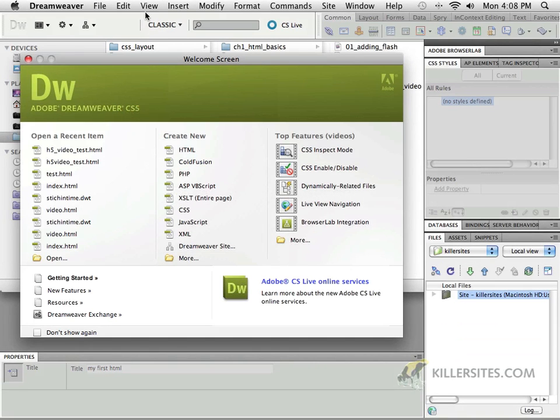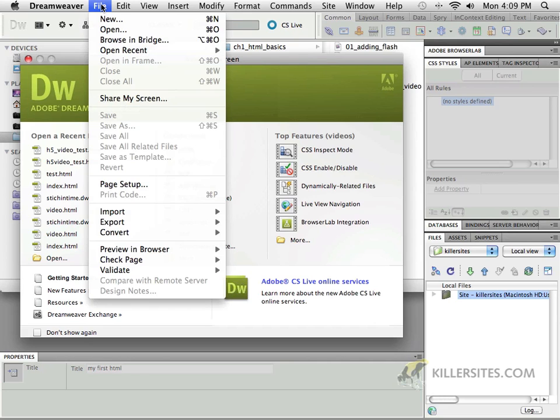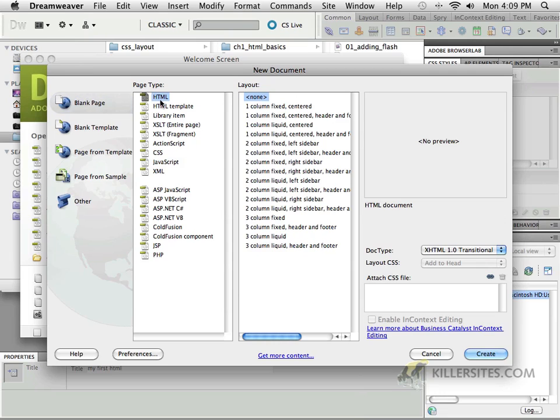Now, just quickly, I'd like to talk to you a little bit about some basic information regarding HTML. And we saw a little bit about that already. We talked about tags, what HTML, Hypertext Markup Language, stands for, how those tags are opened and closed to describe areas of information. If we were to go to File, New, and just create a new HTML page,